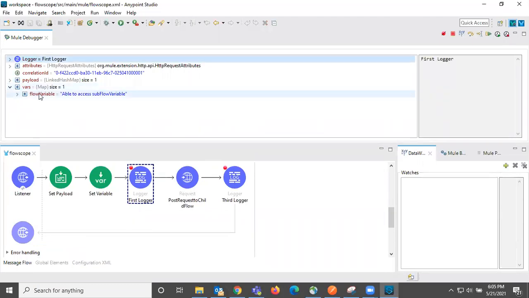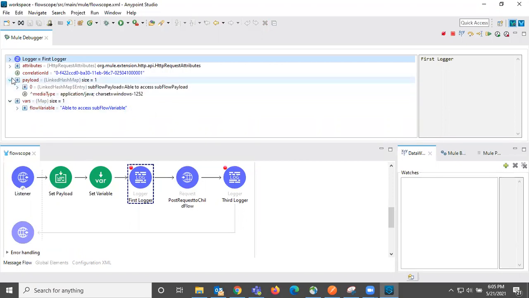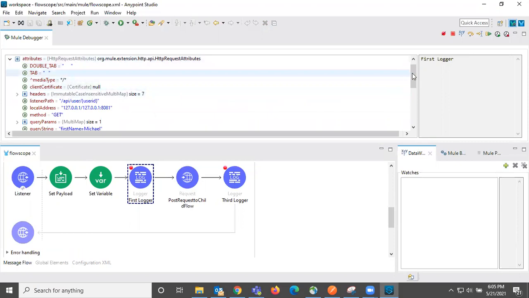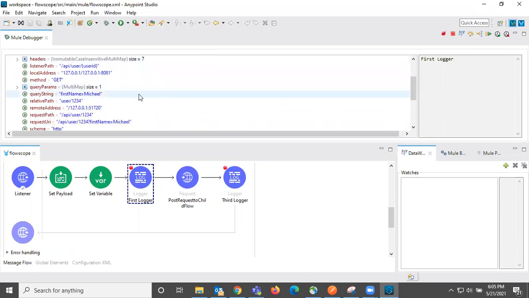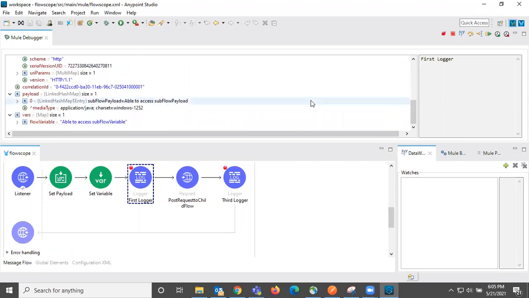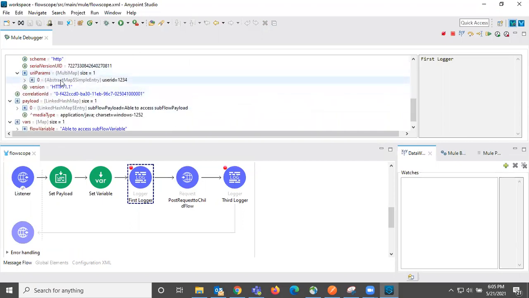One flow variable is created and we are assigning one payload here. And in attributes, we can see the query parameter, first name equal Michael, and the URI parameter user ID equal 1234. So we can see all of it here.